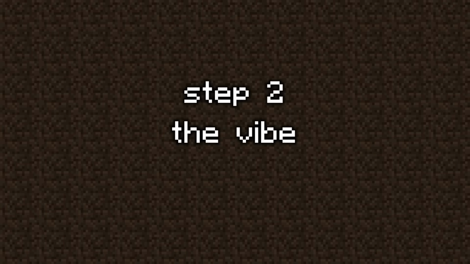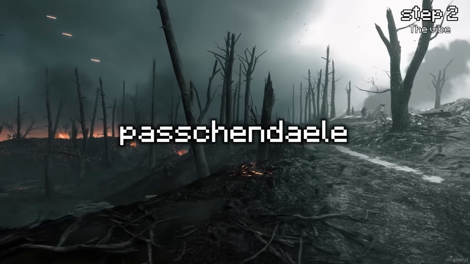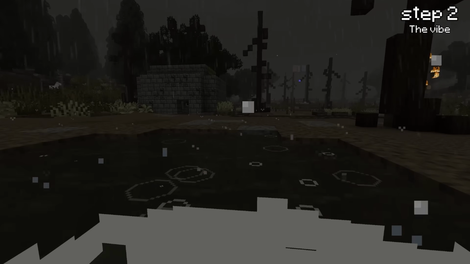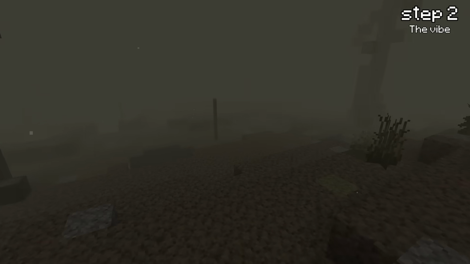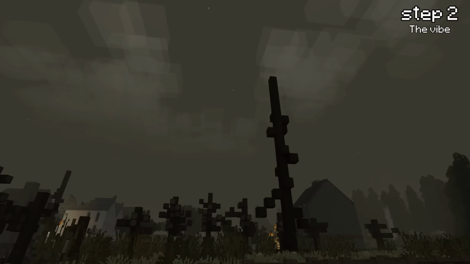Step 2. The vibe. I wanted the dark, terrifying style you see on maps like Passchendaele. So, for realistic raindrops, ripples and mud splashes, I installed particle rain. In Battlefield, the region is heavily limited by smoke and lightning. To recreate this effect, I used Fog and Modern Snow combined with better clouds to get rid of that blocky Minecraft sky,